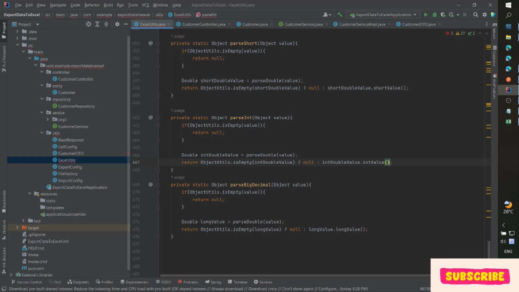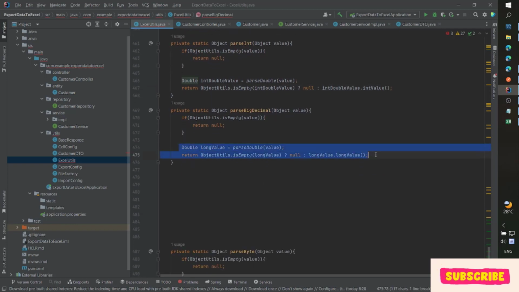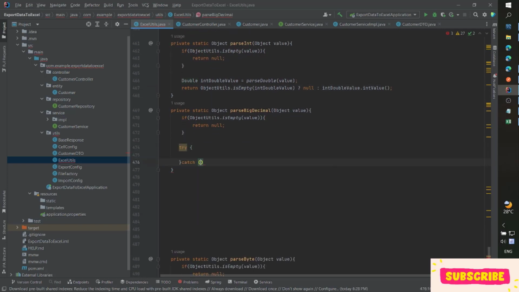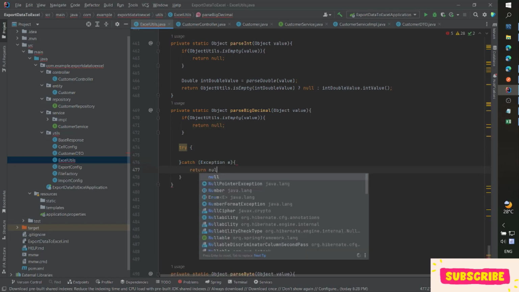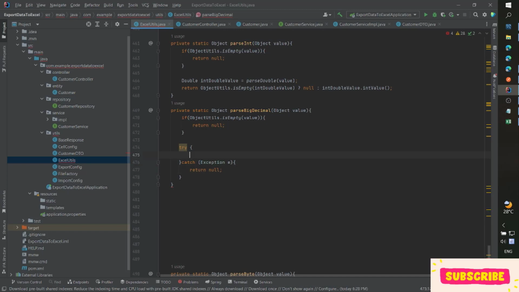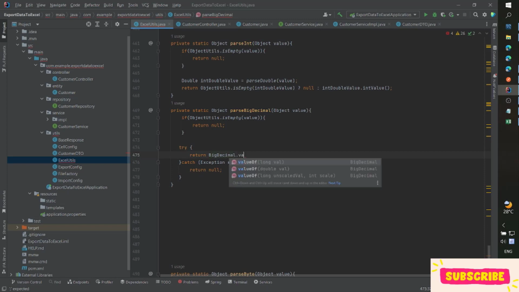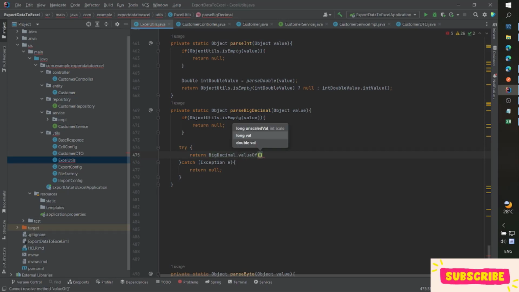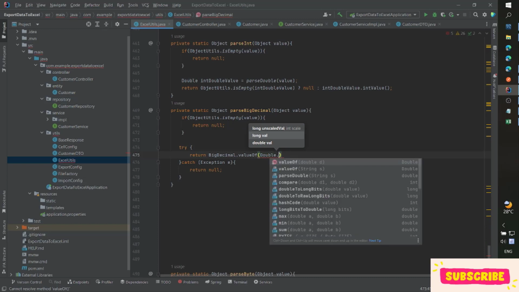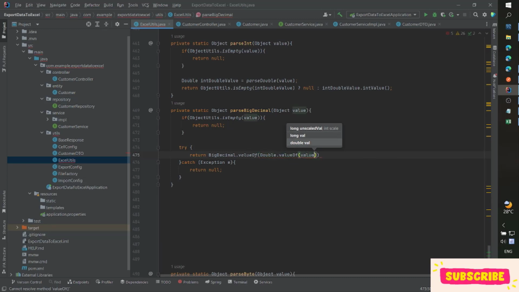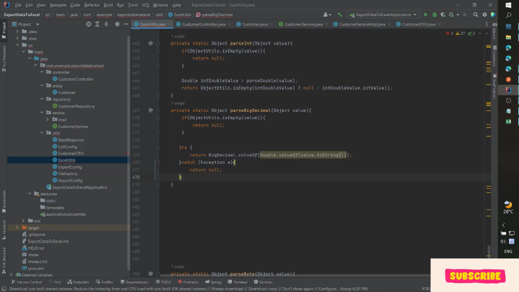For big decimal, I think if object multi and catch exception, we return the null, and else at here we return BigDecimal dot valueOf double dot value dot toString here. Now we return the null, and here